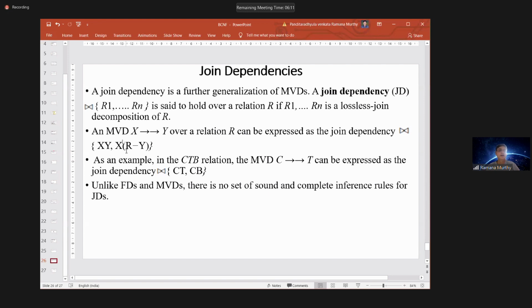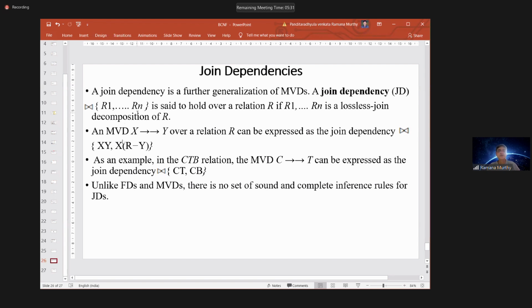and you eliminated all the Y attributes; whatever the other attributes are, you joined with X as another table. XY in one table, and except the Y value and X value, all the other values you identify as another table. If you join these particular tables, say for example you divided this into two tables, the two tables are R1, R2. Similarly, if you have more tables, you can say Rn also.